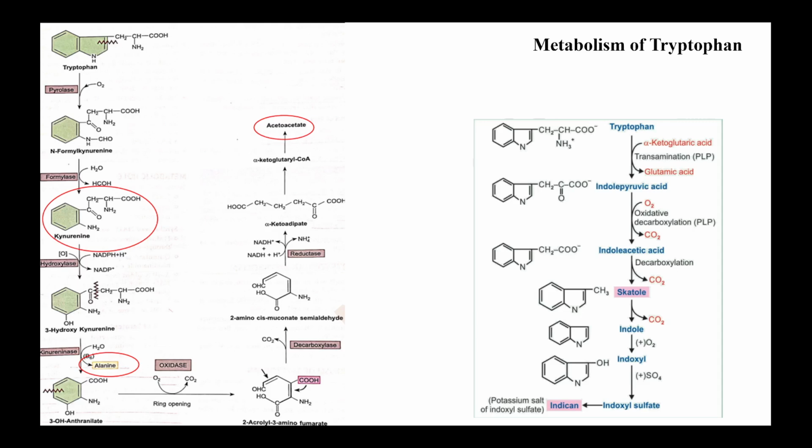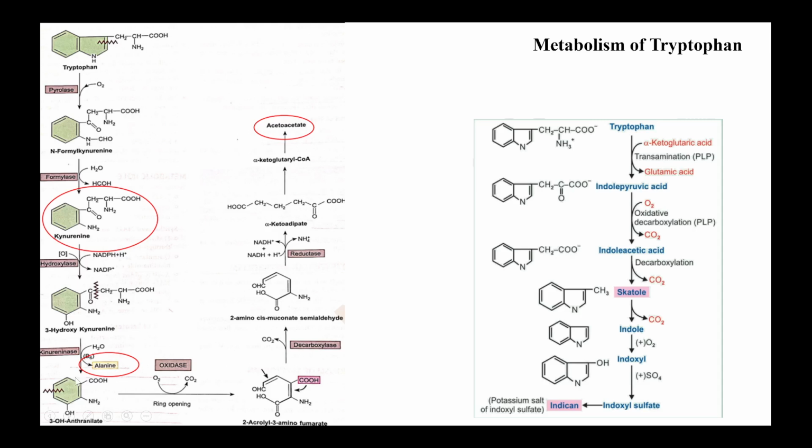First tryptophan gets converted into N-formyl kynurenine by the enzyme pyrrolase. Then this gets converted into kynurenine by the enzyme formylase. Then by another hydroxylase, this kynurenine is hydroxylated. Then you have kynureninase, which hydrolyzes the molecule into